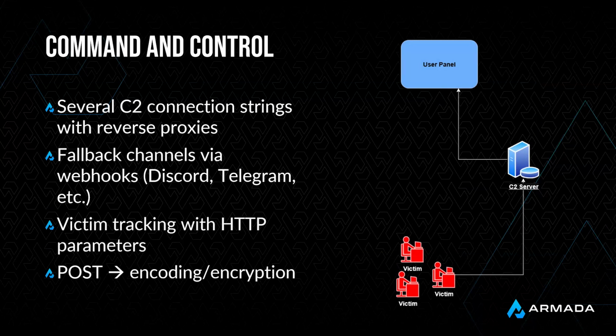The biggest thing we see with the command and control is a plethora of C2 connection strings, so that if and when domains are taken down and IPs are taken down, there's always a fallback. And adding 6+ fallback C2 connections plus Discord webhooks and Telegram webhooks that it'll dump these files to as well. This is pretty common. And usually they implement some sort of victim tracking so they can know if a victim's